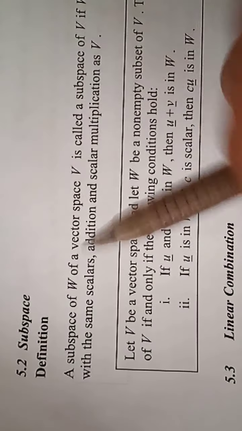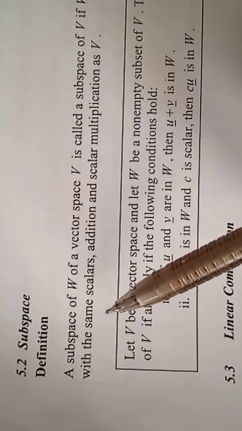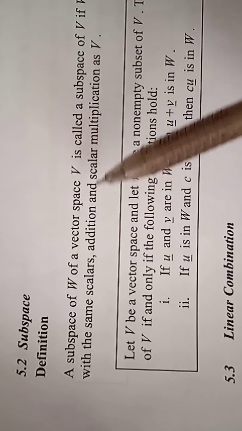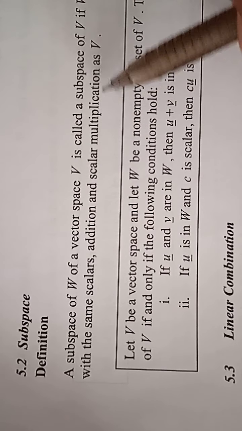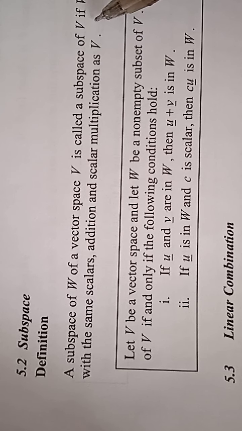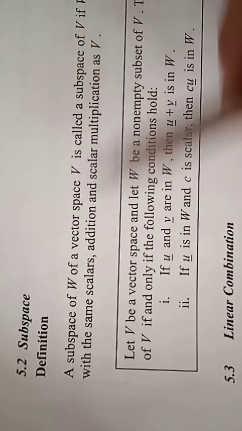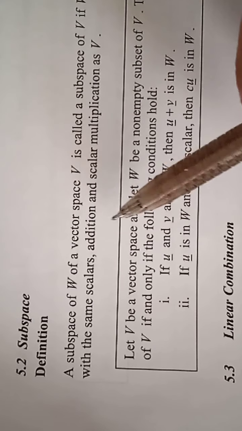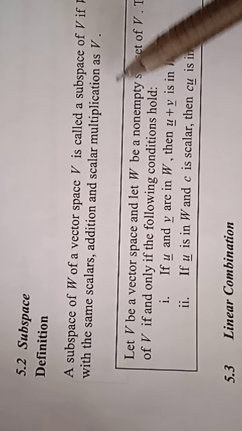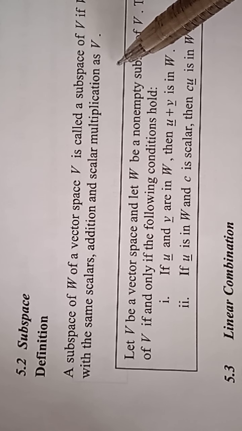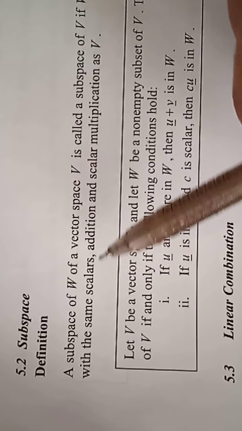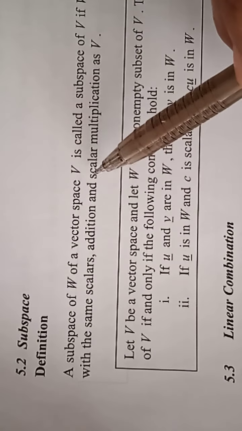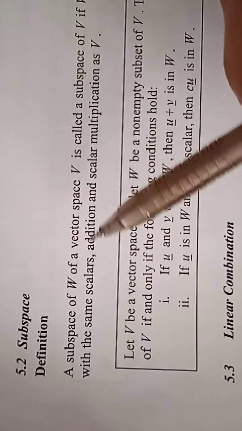Okay, 5.2 Subspace. Definition: a subset W of a vector space V is called a subspace of V if W is itself a vector space with the same scalars, addition, and scalar multiplication as V. Okay, so if W is a subspace of V,